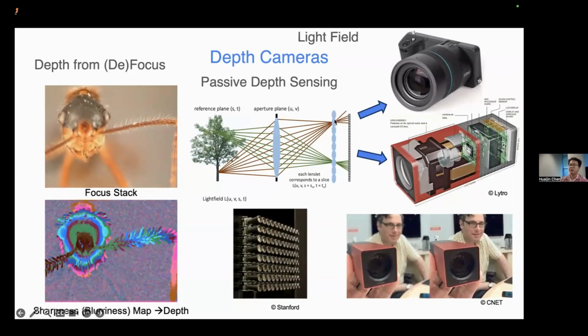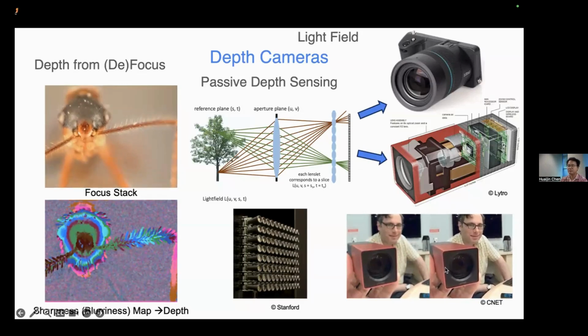But for a light field camera, instead of just the 2D intensity, you also have the direction of each light ray that comes into your main lens. So in that way, you can capture the whole light field, and that will allow you to do a lot of cool stuff, such as post-capture refocusing and post-capture view angle changing, right? Then your depth information can be extracted from this